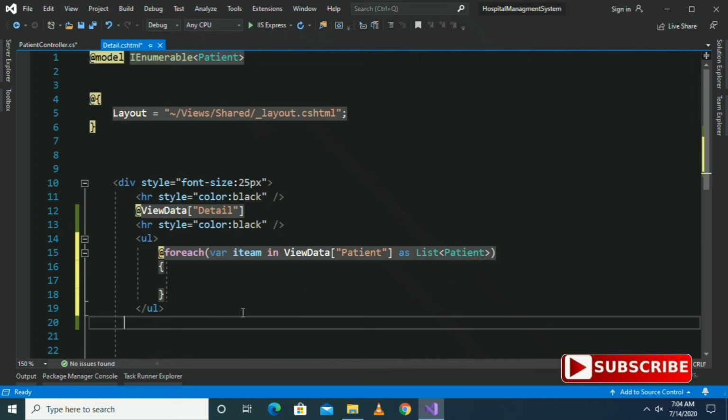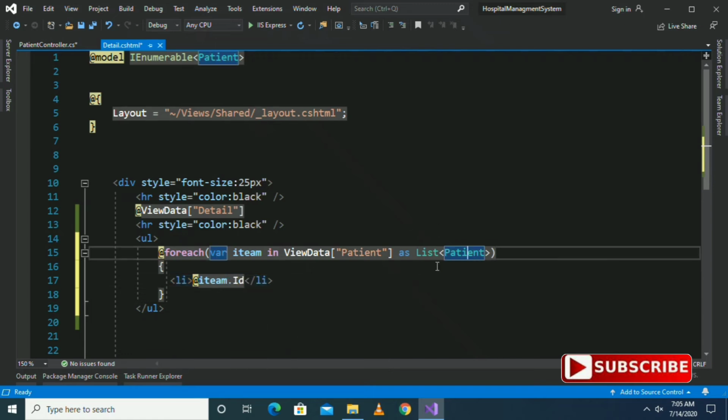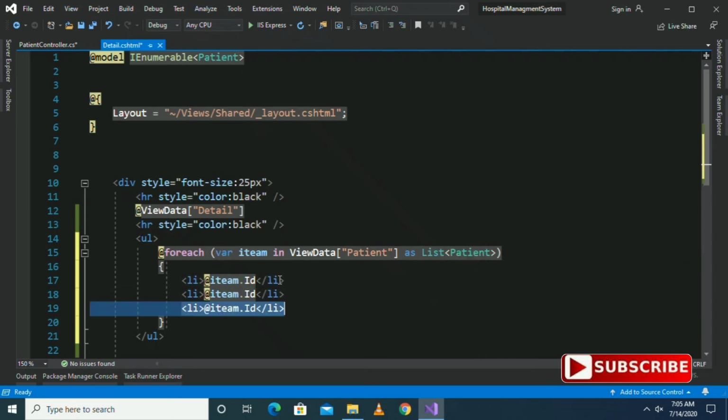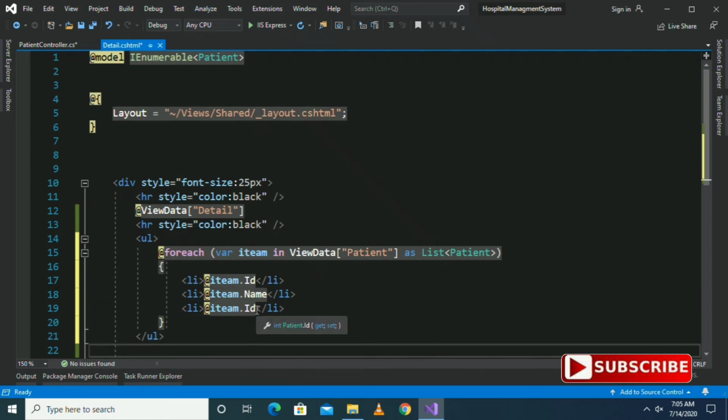Now it will work. Okay, so here I am going to take a list item, and in this @item, since item is C# code, .Id. Now IntelliSense will work because it knows with the help of the model what the properties are. I am going to copy and paste it two more times and change the name, .Name, and then .Disease.